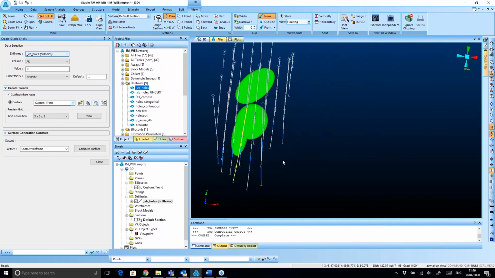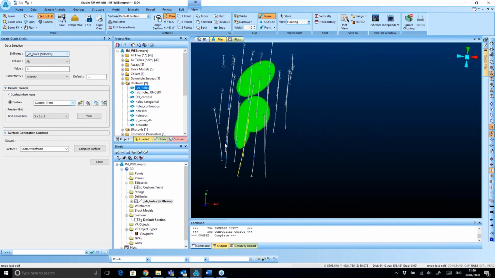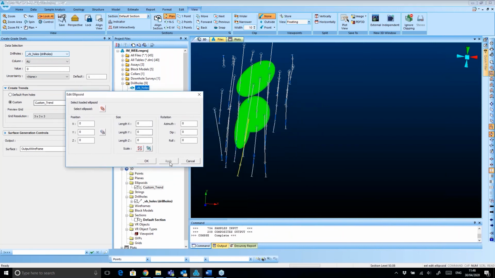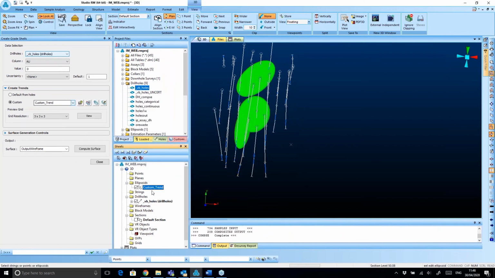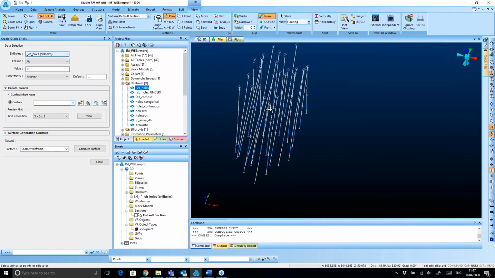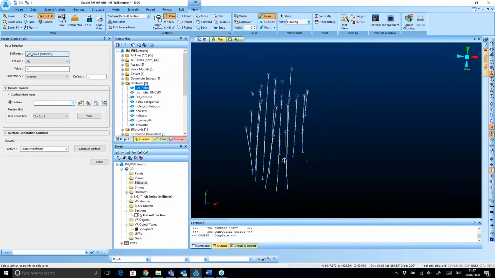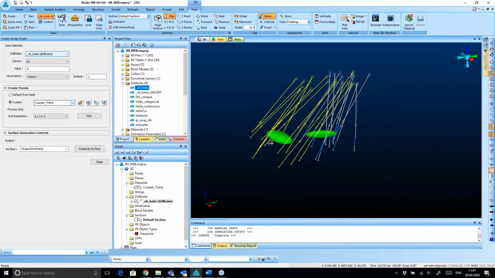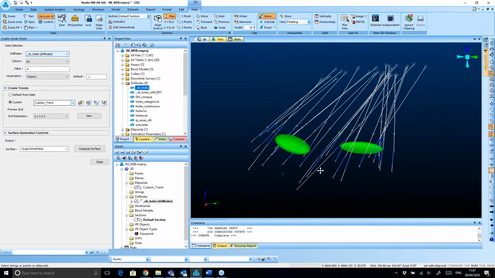I think it's better to delete one of the ellipsoids, or I can change it. Let me quickly create one more ellipsoid here. It's probably better to do it this way. One sec, please. One ellipsoid here, and then one ellipsoid probably here is enough. Two ellipsoids would be enough. And now what we can see here as well is the trends, which I'm going to use to